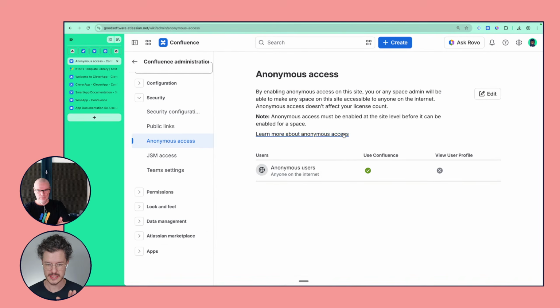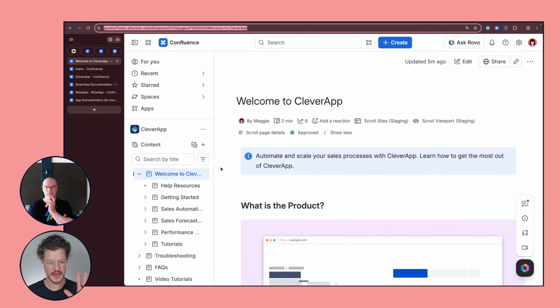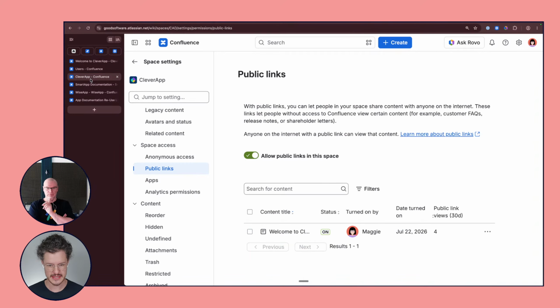I enabled it as an administrator of the whole site, so you can either enable it or disable it on a site level. So if any InfoSec pros, don't panic. This is disabled by default. When you enable it, you can allow people to use Confluence and additionally allow them to view user profiles. So that's the Atlassian user profile. I've enabled that here as my admin, and then from the perspective of my space admin here, I enabled